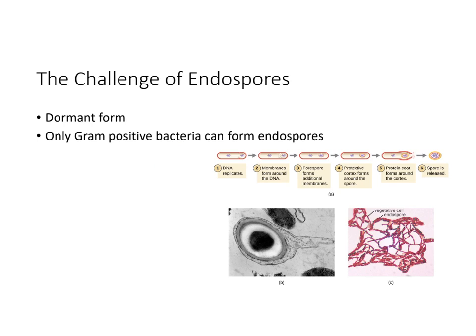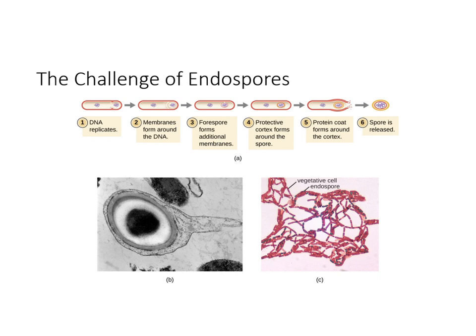So let's take a little overview of this process. For cells that can carry out endospore formation, they're going to start by replicating their DNA. And then an extra membrane forms around one of these packages of DNA. It continues to make more and more membranes that surround that DNA, but notice that it's just this really small area of the cell. There's not a lot of cytoplasm, there's nothing else really in there. And after adding multiple layers and forming what's called a cortex,